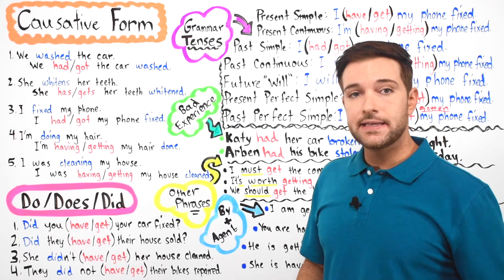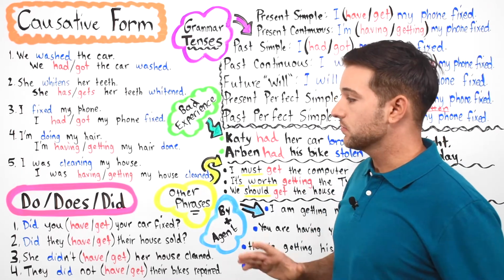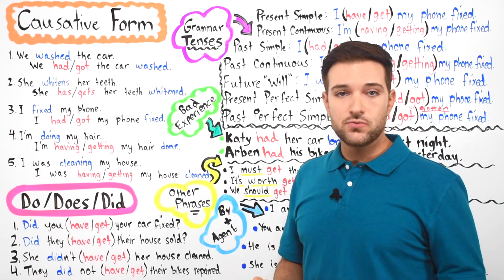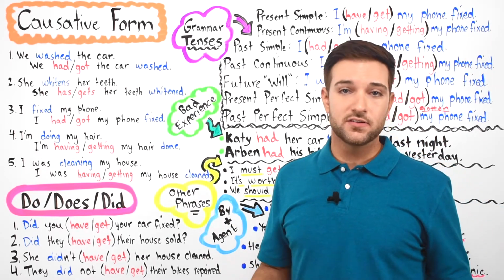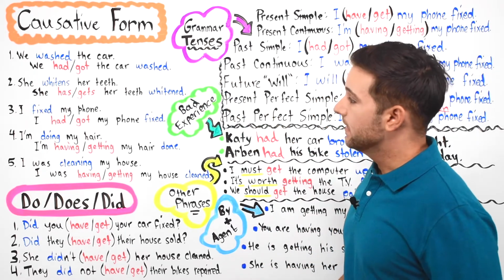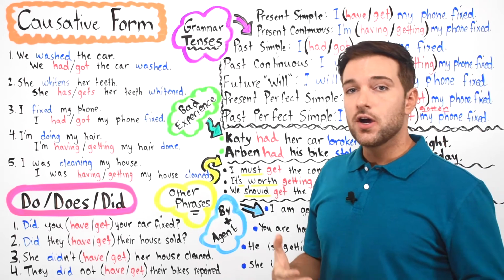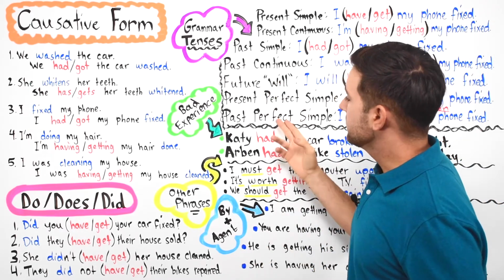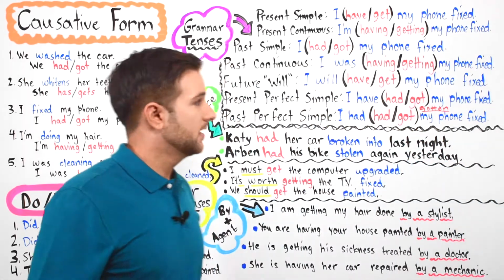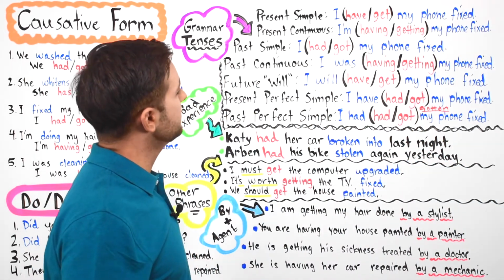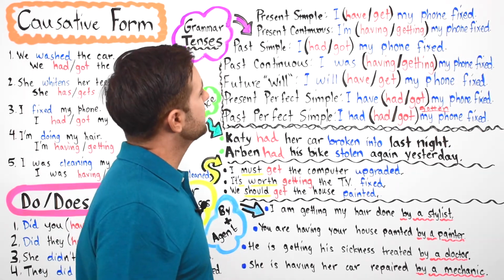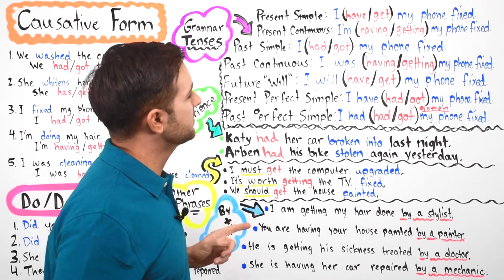Let's go ahead and continue. All right, so I just want to point out here, guys, that you can see that in these examples, you can use the causative form in many different tenses. Okay, and we're going to look at the grammar tenses right now, but just so you know, I'm going to let you know which lessons you can find each of these tenses. Okay? Let me switch around like this, and we have the present simple. Now, the present simple, we learned this in lessons 1 through 16.